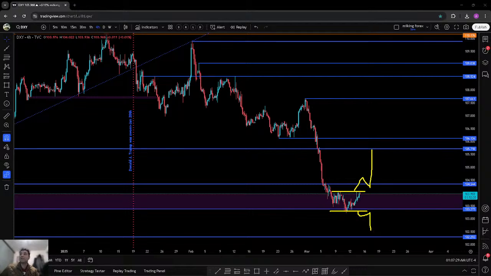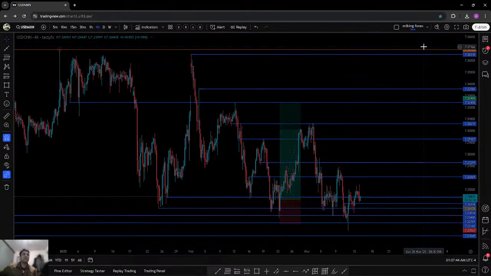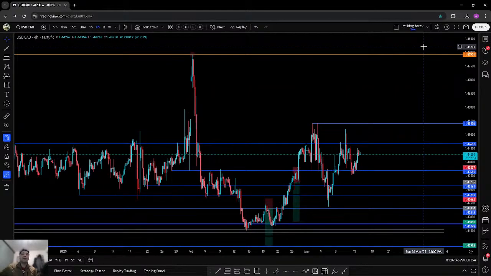And similarly, on the downtrend, it could continue like that. But we are not sure right now how things are looking and how things would be. And still there is a waiting period when it comes to US cross pairs. So let's move to the next one.